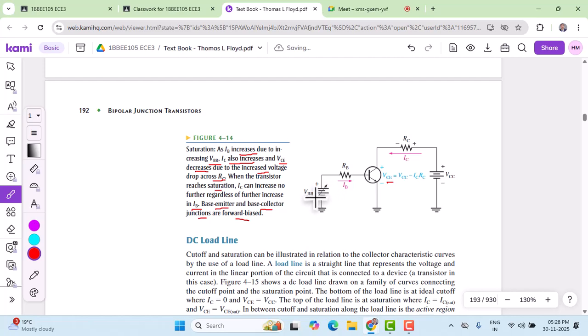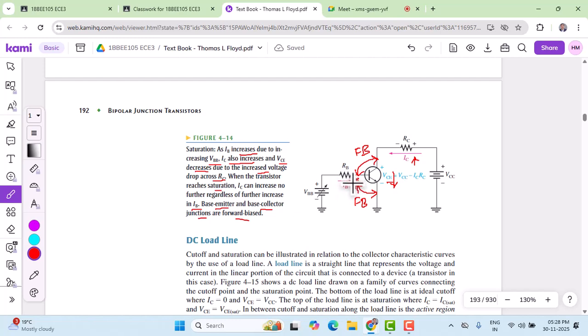As you can see in this circuit, VBB is varied and the corresponding IB increases. Increase in IB increases the collector current. Collector current increase drops the collector emitter voltage. So the transistor moves from reverse bias to forward bias, and therefore this junction and this junction both remain in forward bias. Once both junctions are in forward bias,